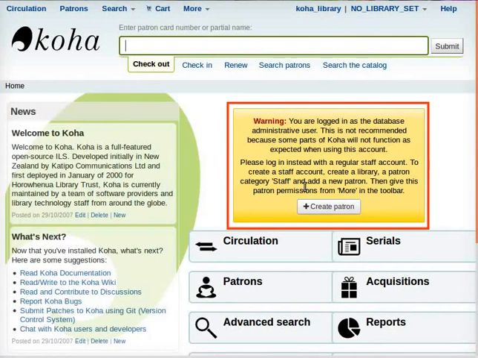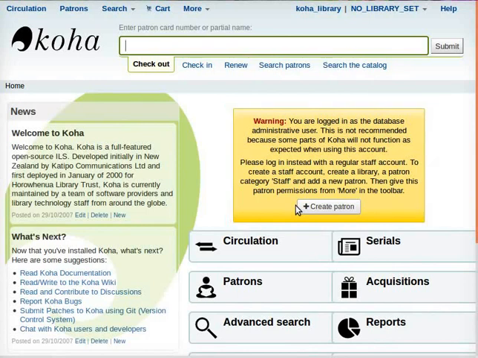On the main page, a dialog box appears prompting us to create a patron. You may ignore this dialog box for now. It will be explained in a later tutorial in the same series. First of all, we will start by enabling auto location. We will be using this information later in this tutorial.